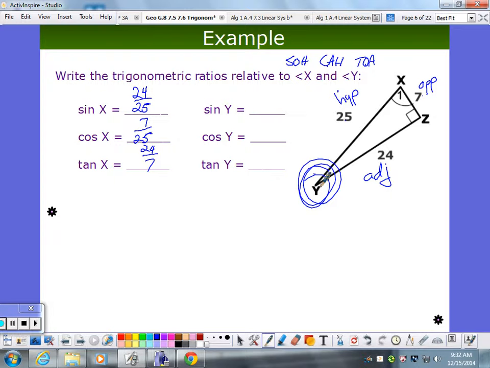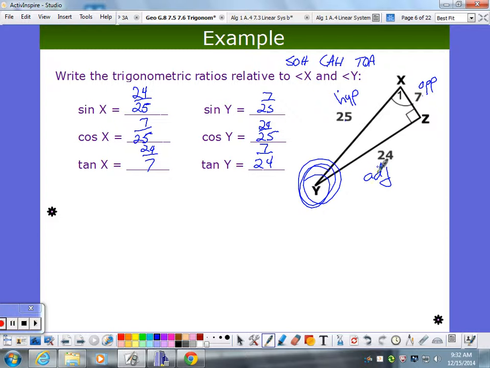So now when I want the sine of y, it's still opposite over hypotenuse, but it's this opposite over hypotenuse, 7 over 25. Cosine of y, adjacent over hypotenuse, 24 over 25. And then tangent of y, opposite over adjacent is 7 over 24. So they're different depending on the angle, so you have to be very clear what the